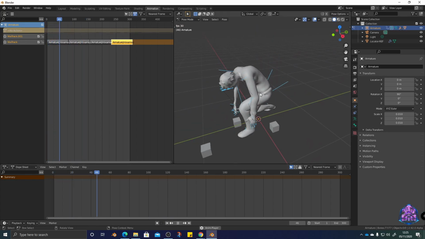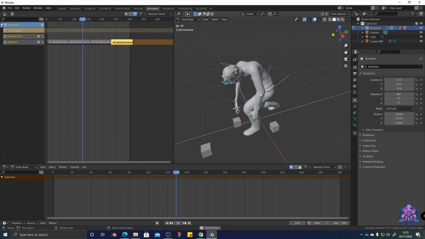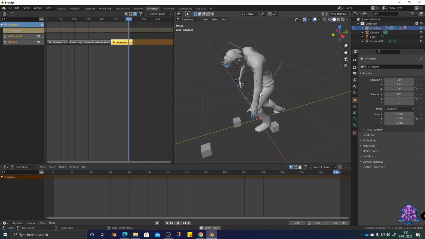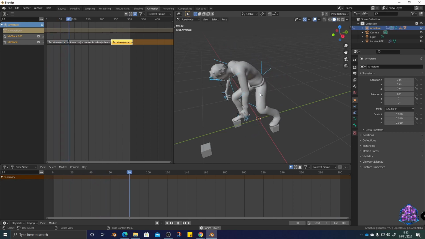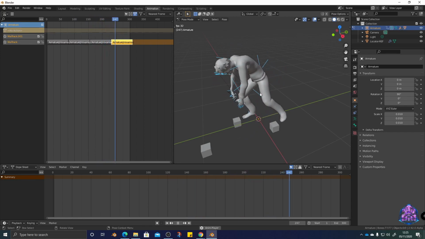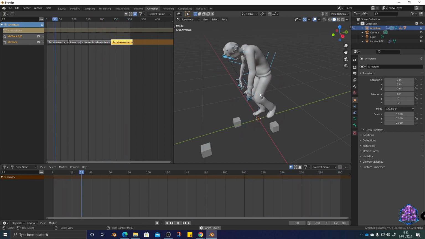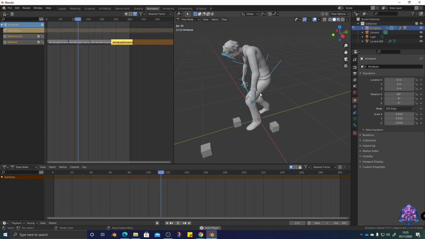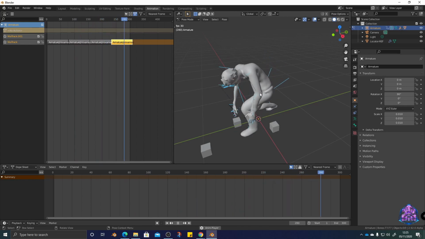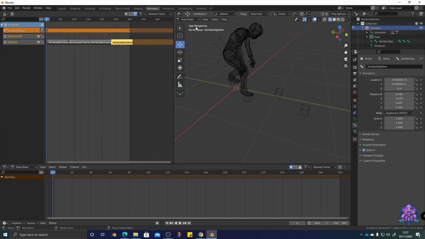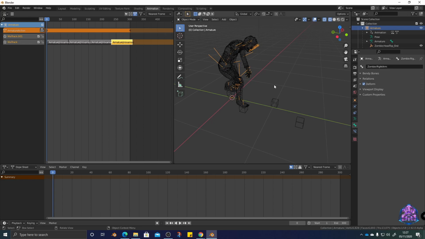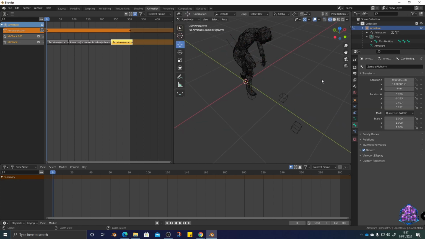But the real bit of this tutorial is to create that translation in the y-axis, and we could probably make the characters walk and turn with a few extra little keyframes on rotation as well. So the cameras are all set just to help us keyframe into our right position, and what we can do next is go into object mode. We don't want to be in pose mode, we want to actually affect the object, the armature itself, so we get access to the coordinates. So selecting that armature,